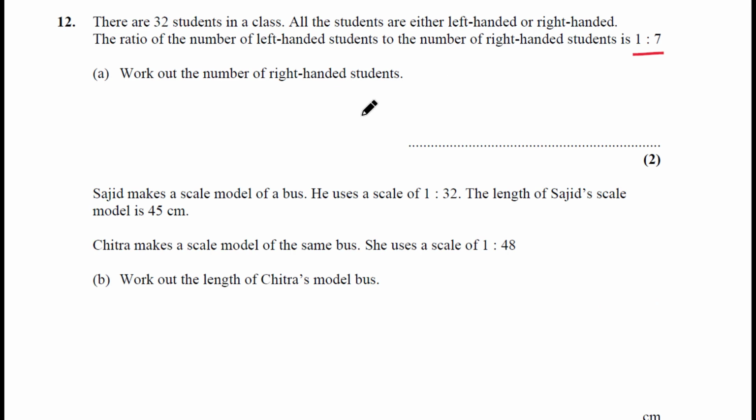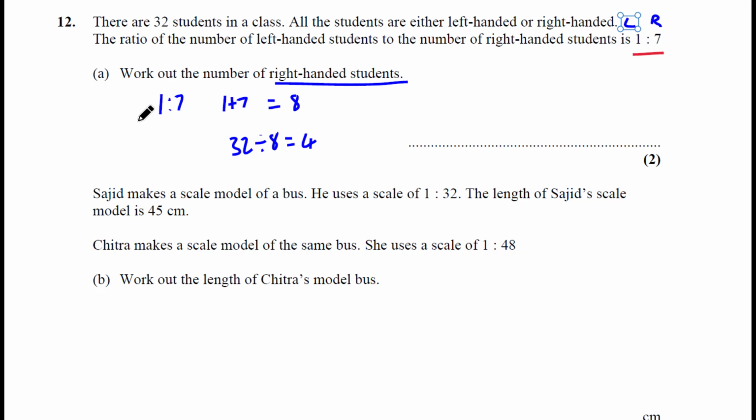Right, let's look at this. We have 32 students. We have a ratio of left to right, 1 to 7. It's asking for the number of right-handed students. So we have the ratio 1 and 7. So we need to add that together to find the total amount that is shared. Let's do 32 divided by 8 to find the value of one part, which is 4,